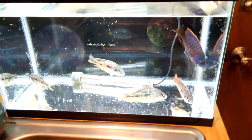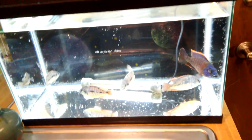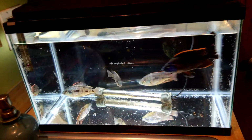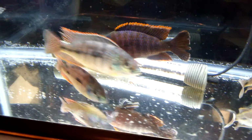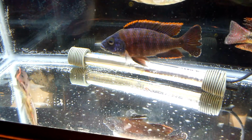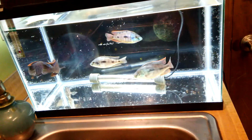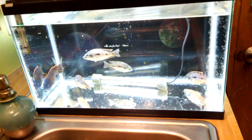So if you've got any advice, anyone who's done quarantines, or if you know about how much space the fish would need. Right now this is a 10-gallon tank. I have another 10-gallon tank, but I'm thinking I want to get a 20 and then probably have this dude by himself. Probably by himself in the 20 even, or maybe a 10's big enough, I don't know. And then if these four can be together, the other four in a 10 or 20, I don't know. So I'll look that up, or